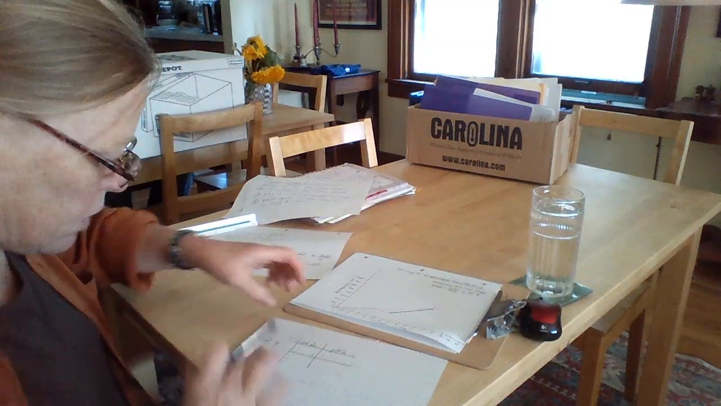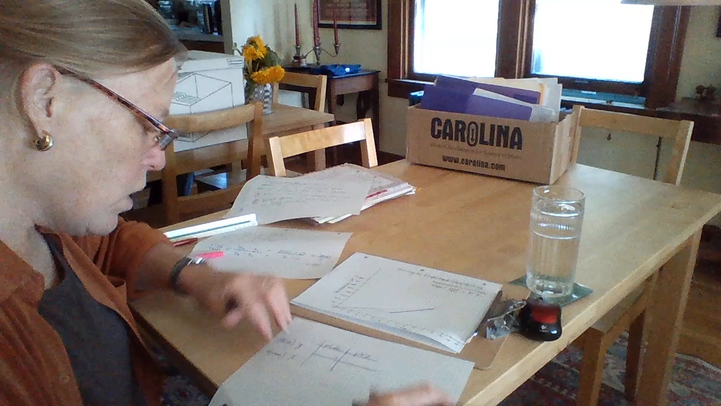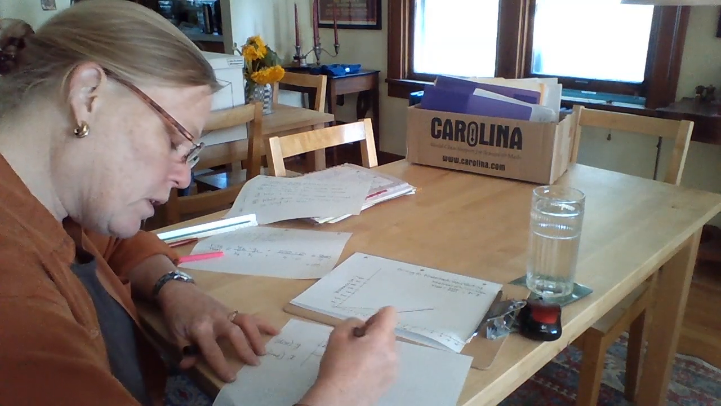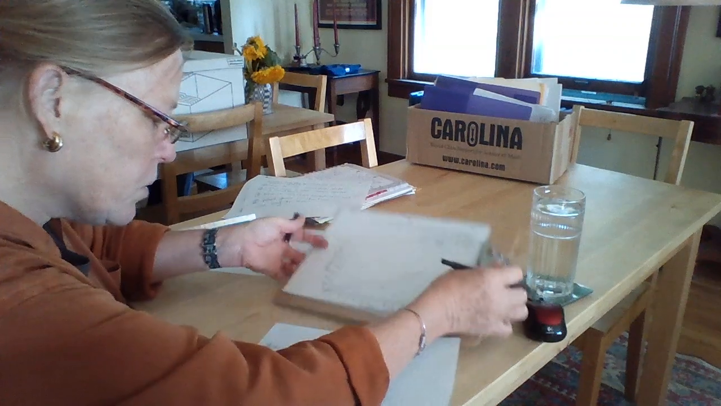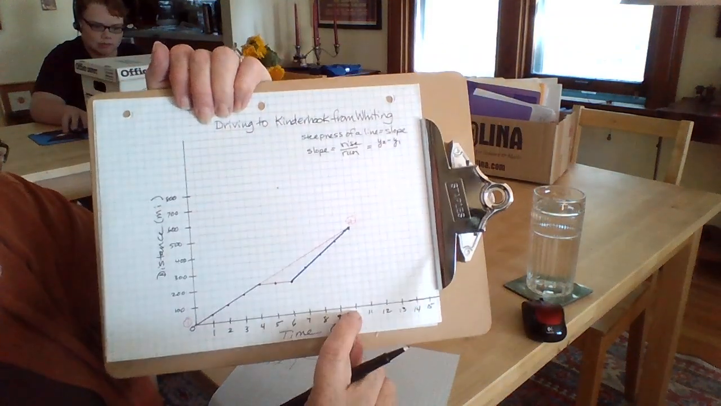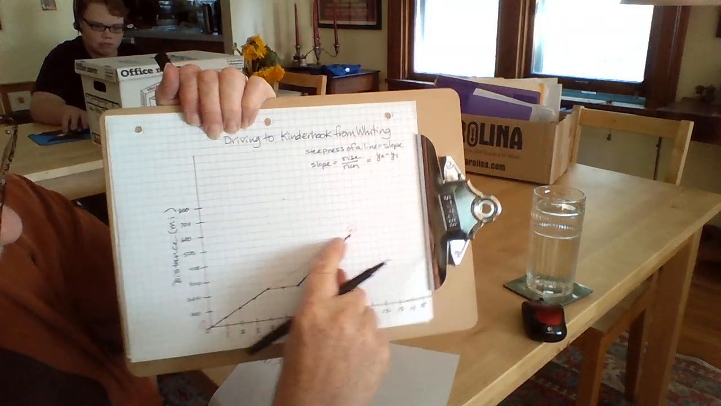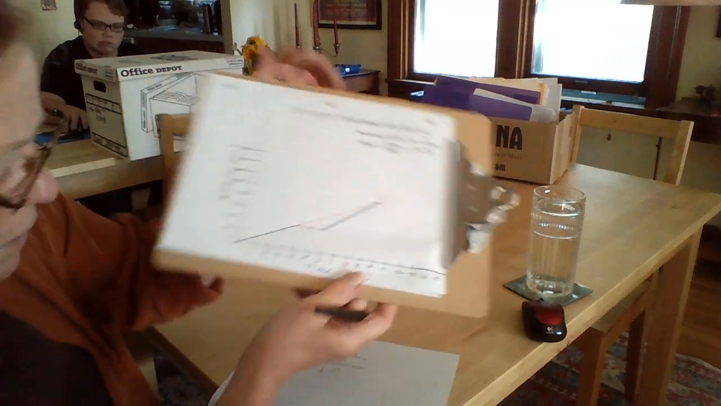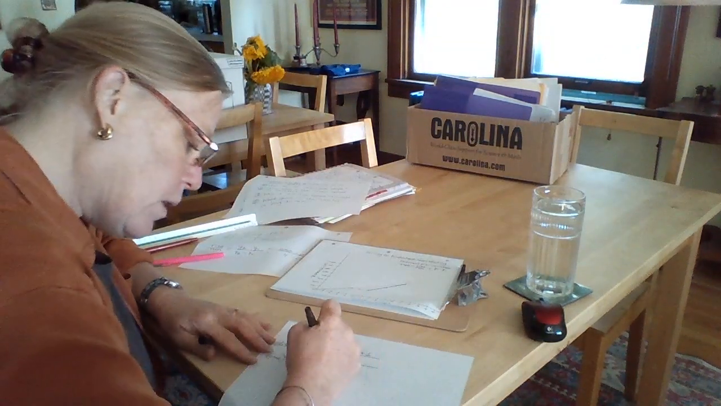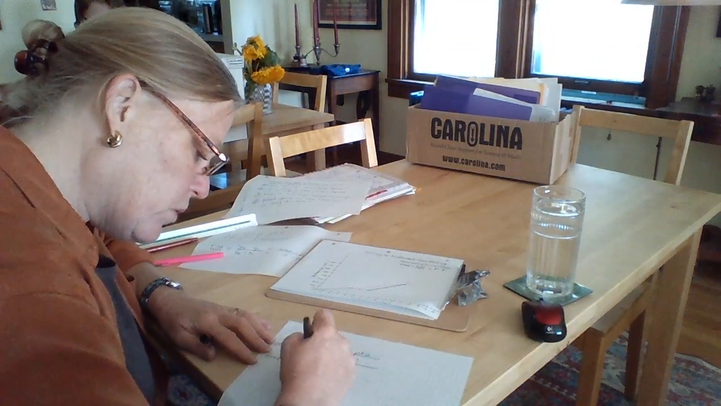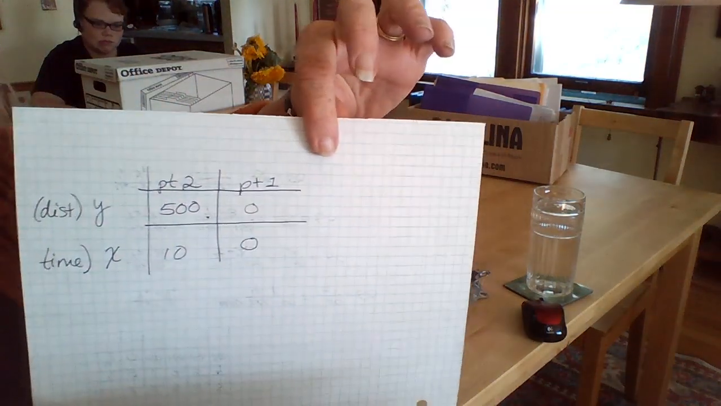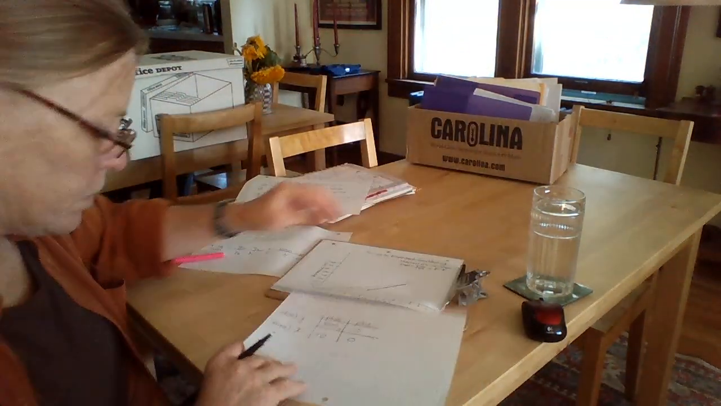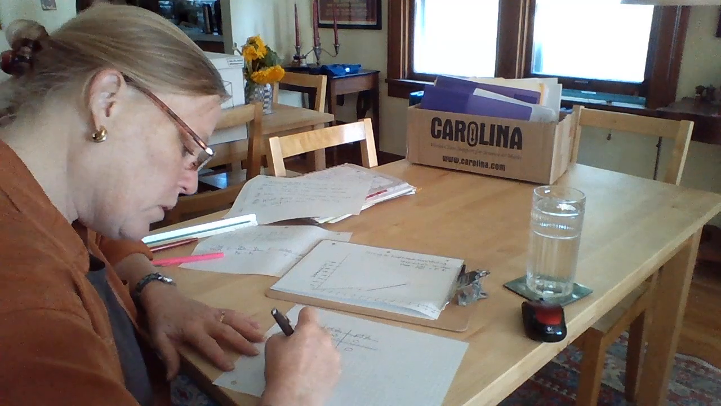Okay, make ourselves a little chart for our 2 points. At point 1, distance was 0 and time was 0. At point 2, time was 10 and distance was 500. So distance is 500 and time is 10. We're on top of that, right? Okay. So,